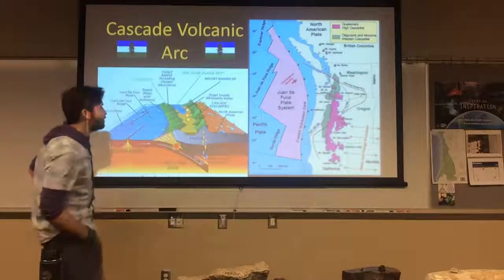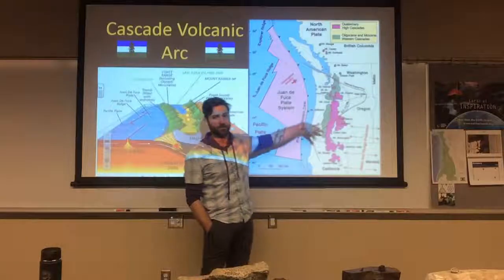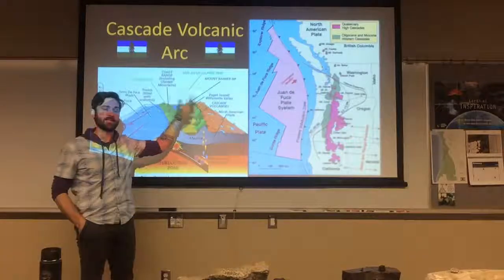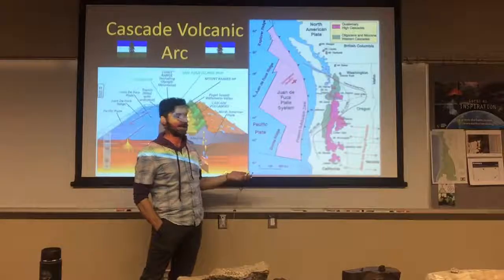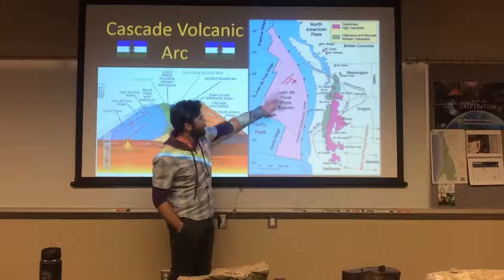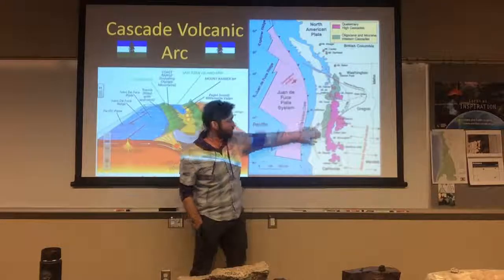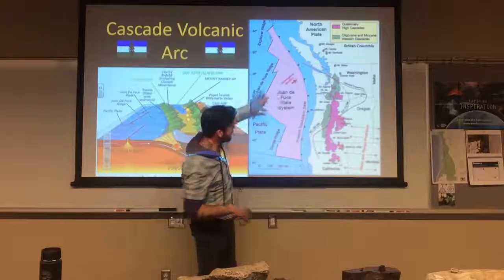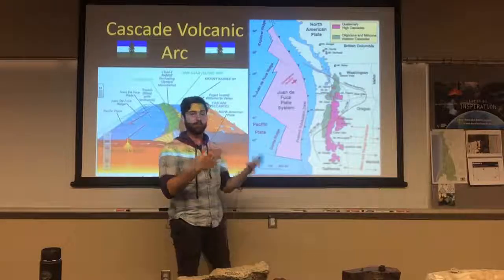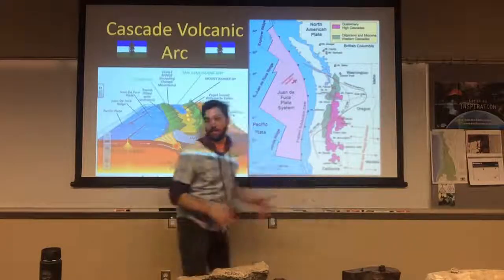All right, a few minutes ago we talked about this kind of convergent zone, an oceanic plate underneath a continental plate, and gave the example of that actually happening here at the Cascadian Arc, making the Cascade volcanic range. So here's the Juan de Fuca plate that is diverging away from the Pacific plate, but it is also converging with the North American plate. And as that subducts into the mantle, dehydrates, undergoes flux melting, and some of that molten material buoyantly rises upwards to become the Cascade volcanic arc.